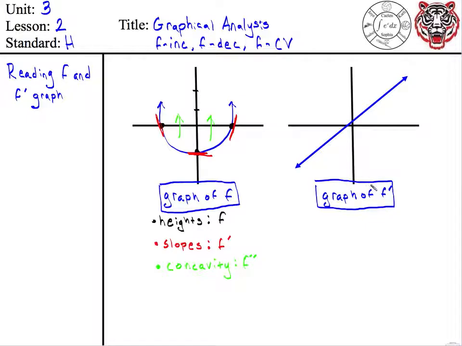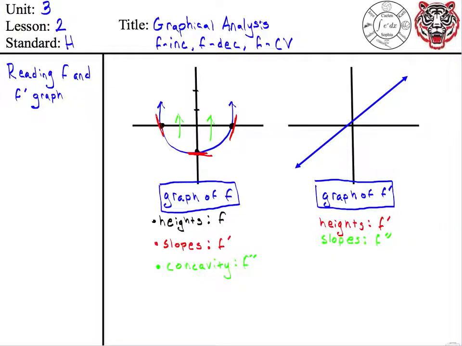All right, so if I'm looking at the graph of F prime, what are heights going to be represented by now? F prime. So heights is now F prime. What are slopes? F double prime. So slopes are F double prime. And what about